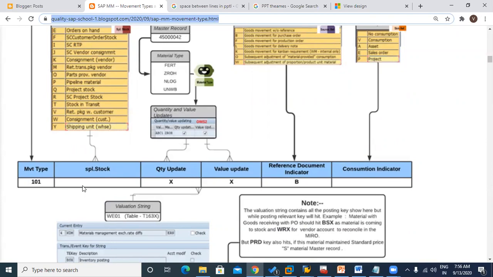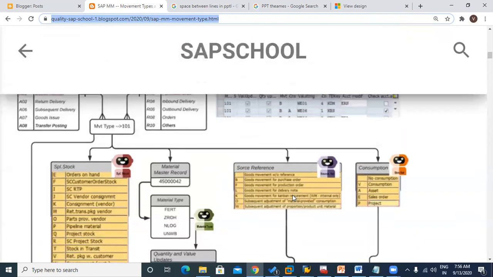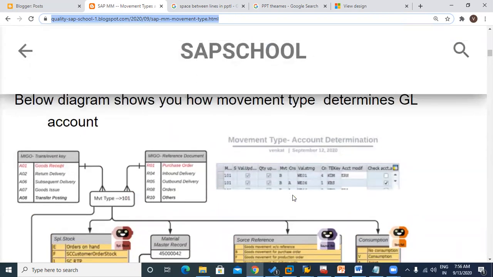Now, this is the mechanism SAP movement type is going to follow up to here. This mechanism SAP has already kept. There's a table that SAP has kept, everything in the transaction OMJJ. I will open OMJJ for you and show you a table. At present I have given it here, the same thing you can also see in OMJJ, this table. In that you are going to see many combinations. You may be confused, you may not understand this one. Which one you are supposed to take, I will show you in that place also.